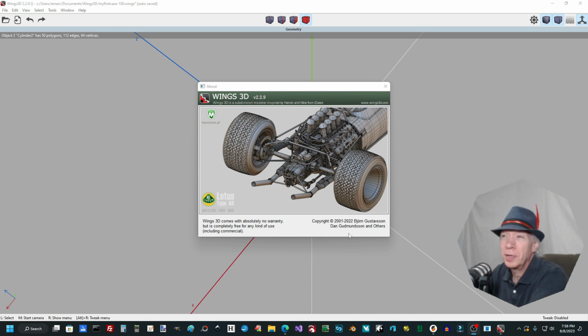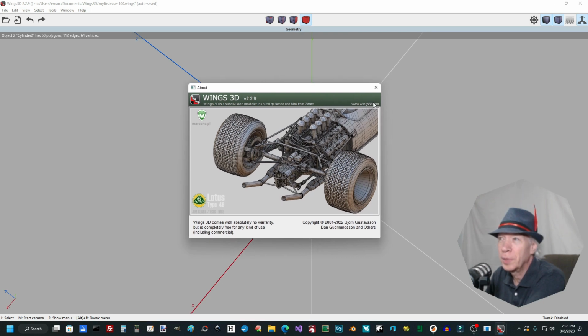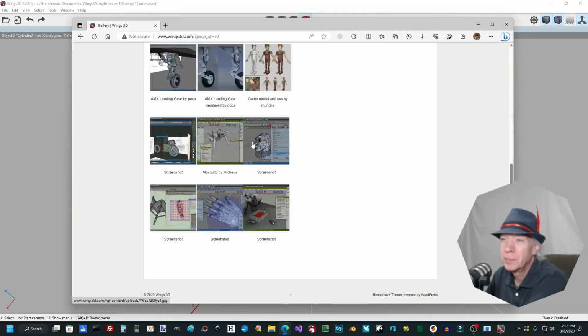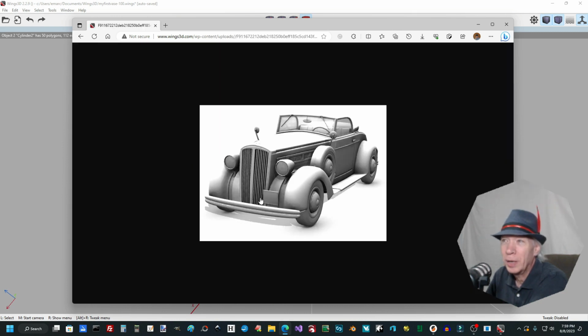So I'm going to suggest a program called Wings 3D. It's 100% free. It's open source. Wings3d.com is the website. You can go on the website and see some of the interesting things that people are doing with this stuff. I mean, it's not AutoCAD. It's not a high-end modeler, but